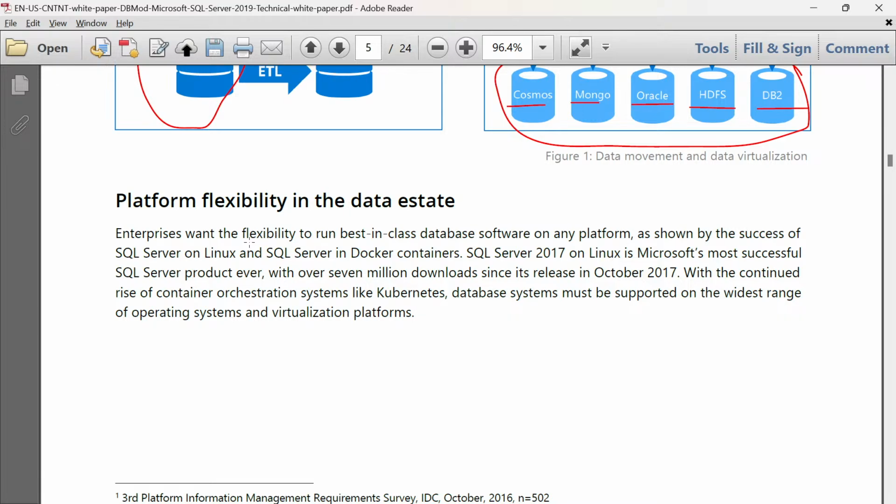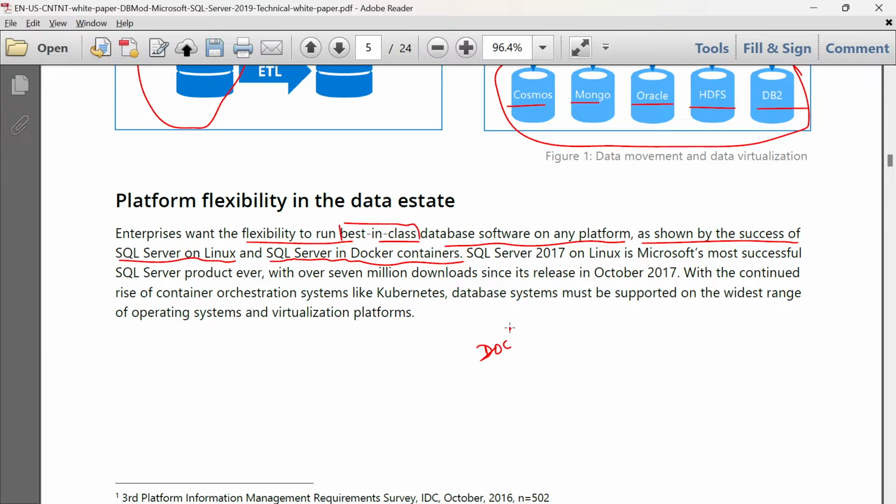Your enterprise wants flexibility to run best in class database softwares on any platforms, as shown by the success of SQL Server on Linux and success of SQL Server in Docker containers. Now, from the first session itself, we are coming across Docker containers.